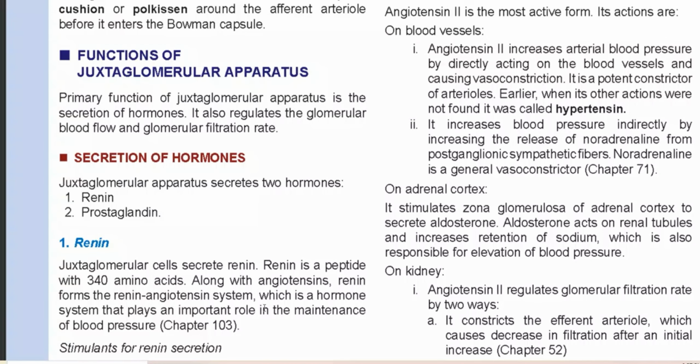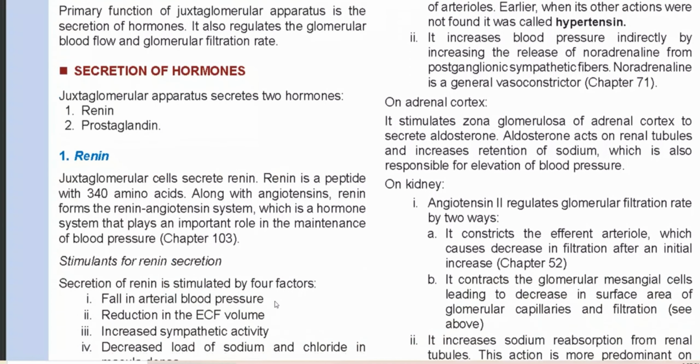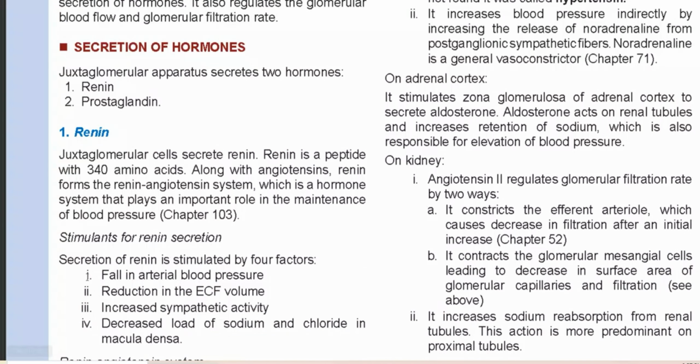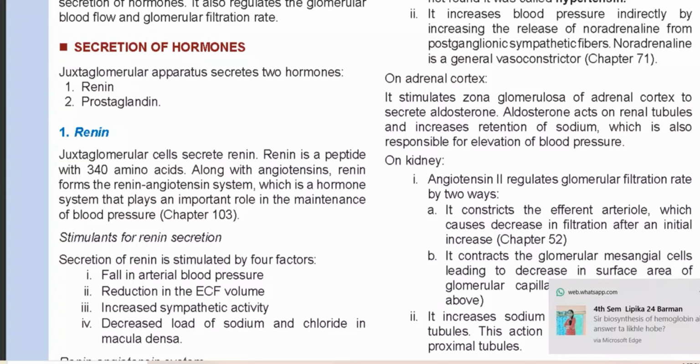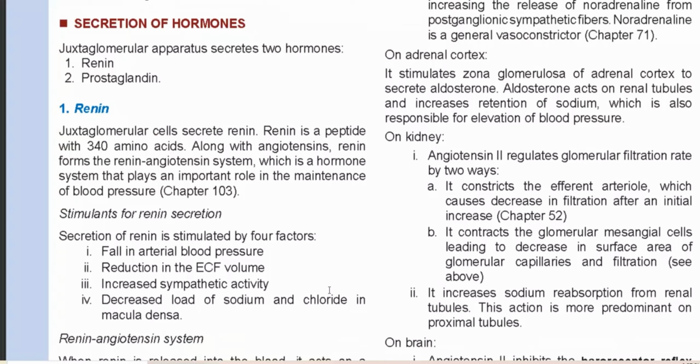Now, if you see how renin functions here, the stimulants of renin secretion: secretion is stimulated by four factors. One is whenever blood pressure is reduced, at that time renin is stimulated. Secondly, a reduction in the ECF volume, then also renin is secreted. And an increase in sympathetic activity can also stimulate renin secretion, and a decrease of sodium and chloride in the macula densa. Now this system, what we will discuss here, is that when renin is released into the blood,